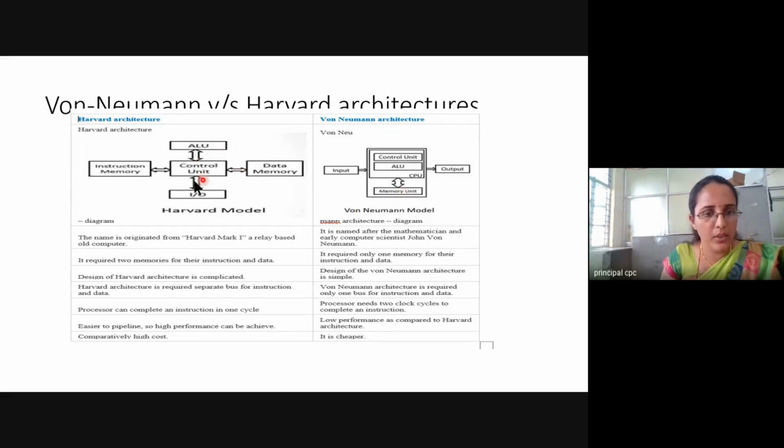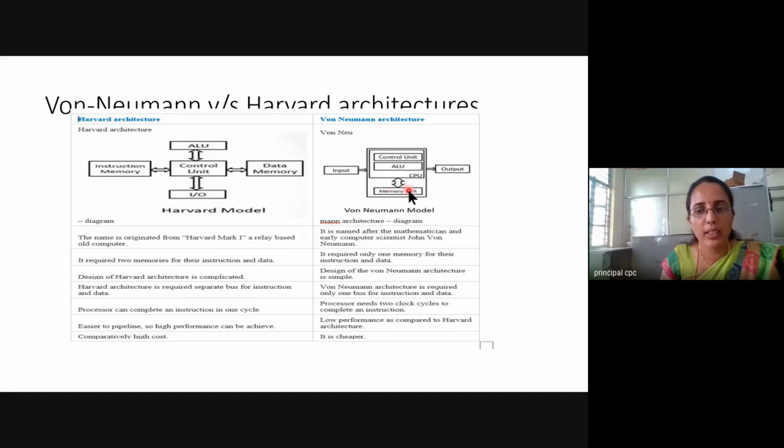As you can see here, the central processing unit can fetch instruction and data in a single cycle. But in the other case, you need two separate cycles to fetch first the program and then the data. So within one cycle, one instruction can be executed.